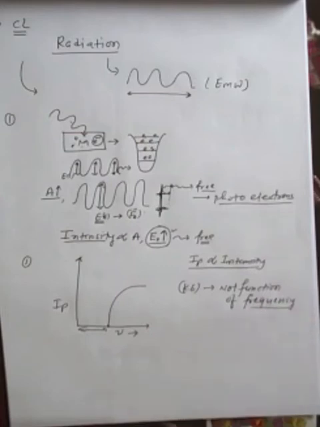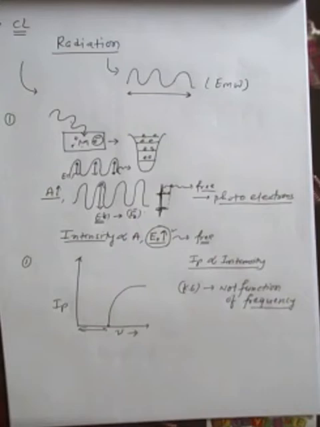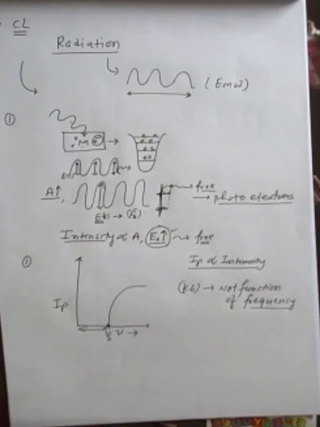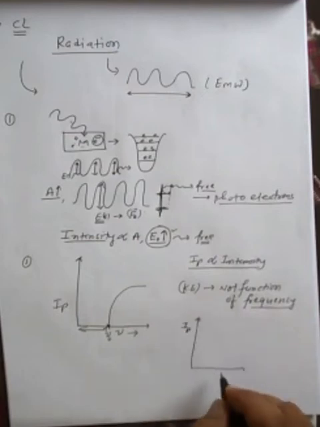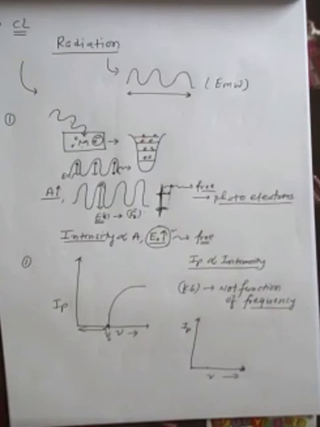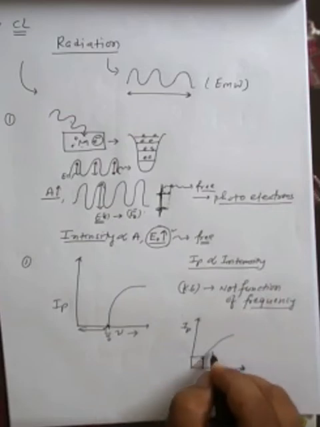So classical physics says that there is no relation between the energy and the frequency. So there is no concept of the threshold frequency here. It means as per classical theory, the current should increase with increasing the frequency from the lower value to higher value. It means we should get current at any frequency. It doesn't depend on the frequency, it's only the function of the intensity.